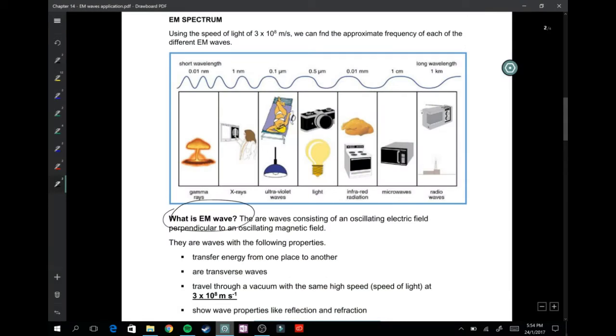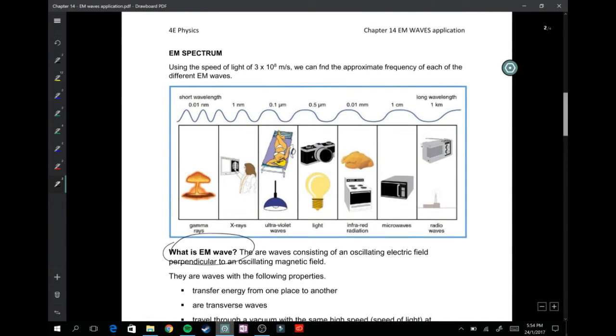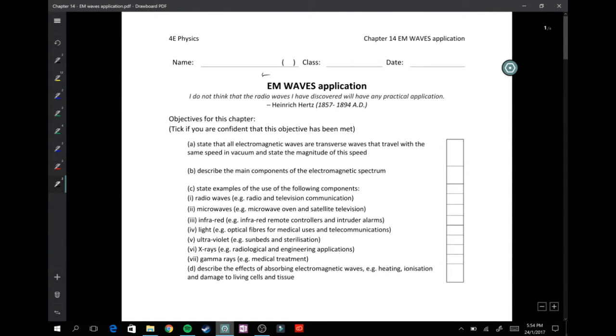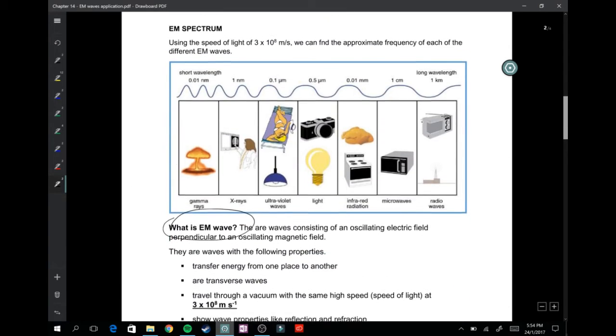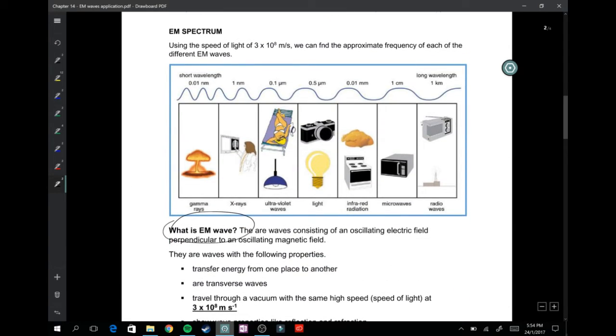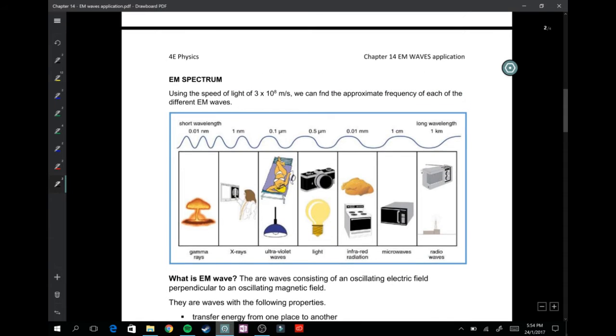Okay, hi guys. Today for this video we'll be dealing with EM waves. Let's start. I think EM waves is quite simple. But to start it all off, I want to introduce us back to the electromagnetic spectrum. Of course, when the word EM is mentioned, EM basically just refers to